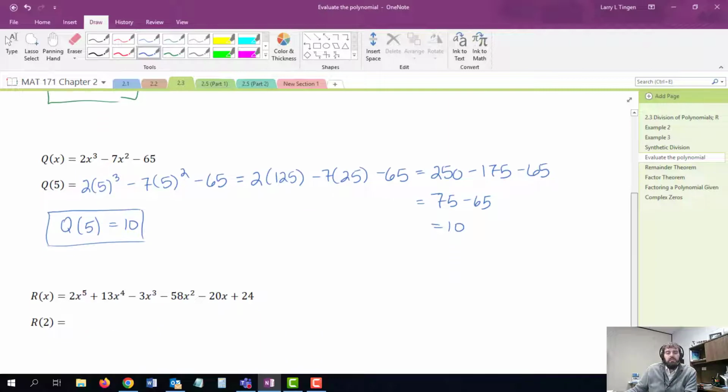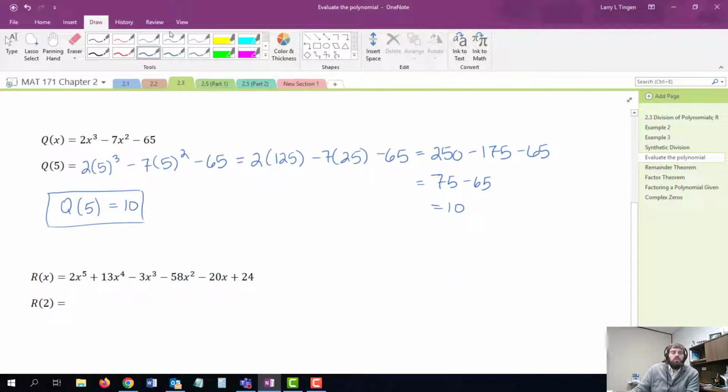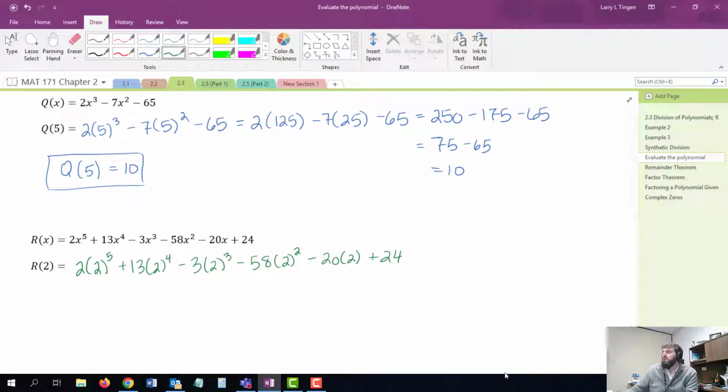And then lastly, got a long one here. R of x is, as you can see there, what is R at 2? So that is 2x to the 5th. All the x's get swapped out for 2's. So that's 13 times 2 to the 4th minus 3 times 2 cubed minus 58 times 2 squared minus 20 times 2 plus 24. If you just enjoy doing these by hand,